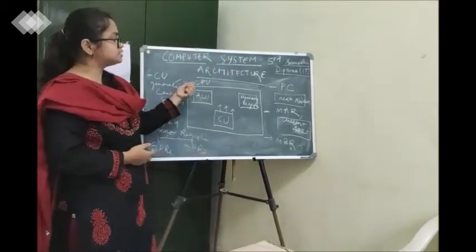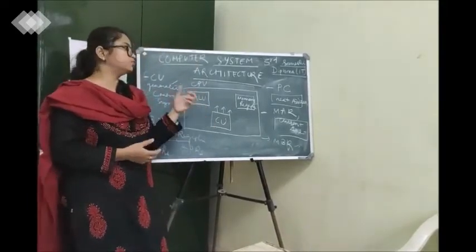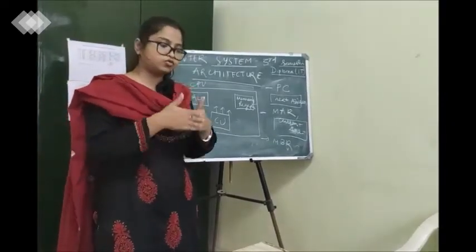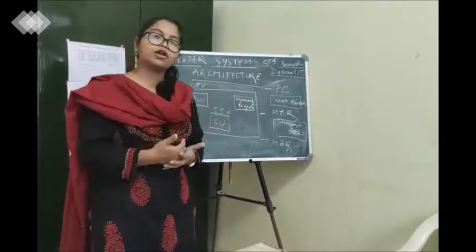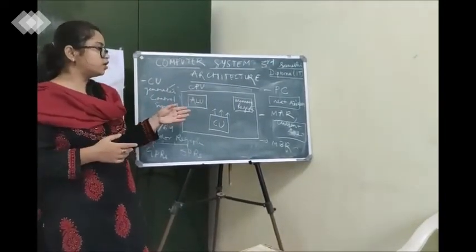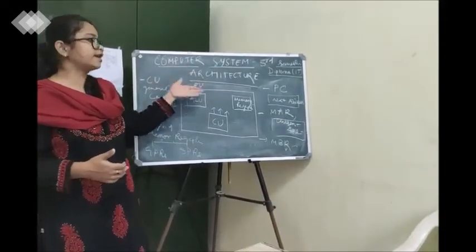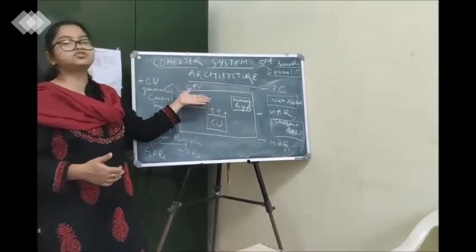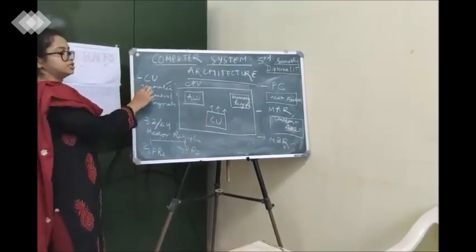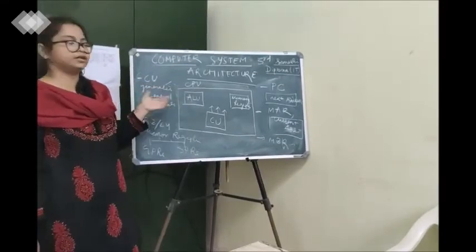Now, in turn, the CPU consists of three major components. What are the components? ALU, CU, and memory registers. The arithmetic logical unit is solely responsible for carrying out all the arithmetic operations and all the logical operations. Similarly, the control unit is responsible for deciding which component has to be working when the action has to be performed, when the memory storage needs to be done. Everything is decided by the CU through generation of control signals. These signals determine which work has to be done when.